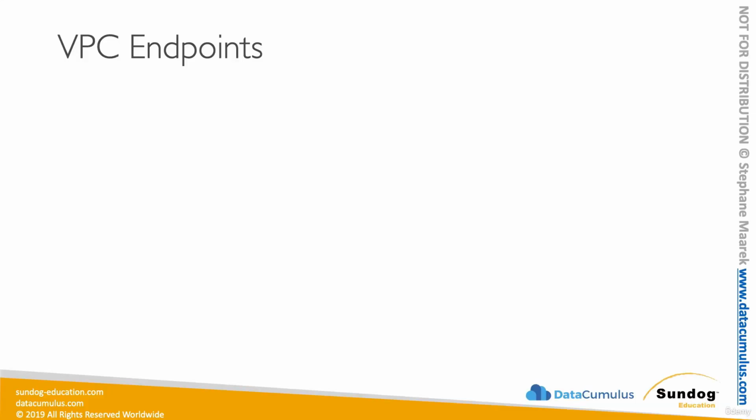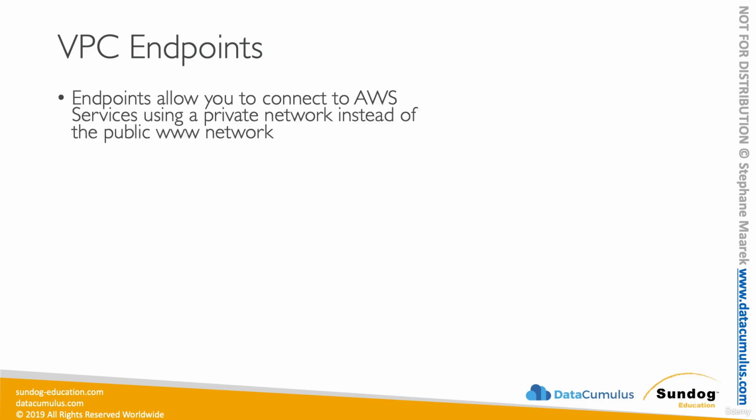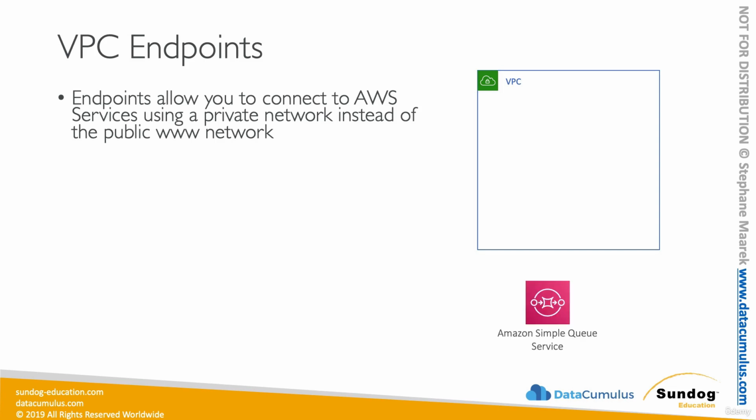VPC endpoints are really important to understand from the exam perspective because they enhance the security of your network within your VPC. Basically, anytime you have an AWS service, usually it's accessible on the public network. But sometimes, using VPC endpoints, you're able to connect to these AWS services on your private network instead of using the public network. So as a graph, because I'm sure it will make everything clearer, here's your VPC, and for example,